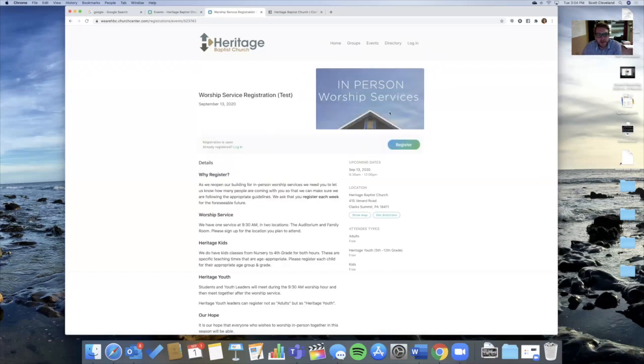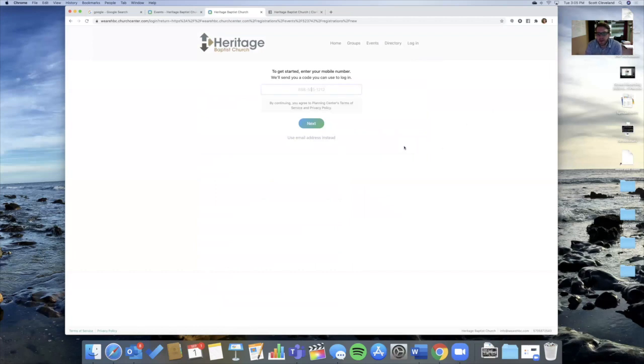So you'll be able to click on that. And if you're already logged in or registered, you could do that, but then you would click on register. Now, again, you're going to be prompted to enter your mobile phone number, a code, or you can use your regular email address. But I'm going to use my phone number. It's a little bit easier. So I'm going to go ahead and type my phone number